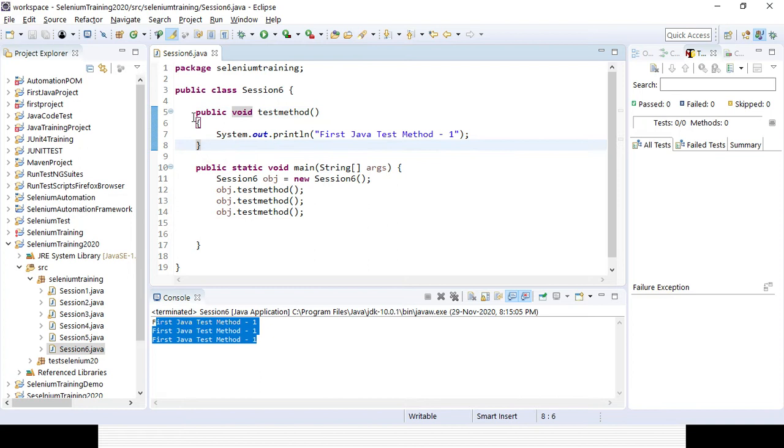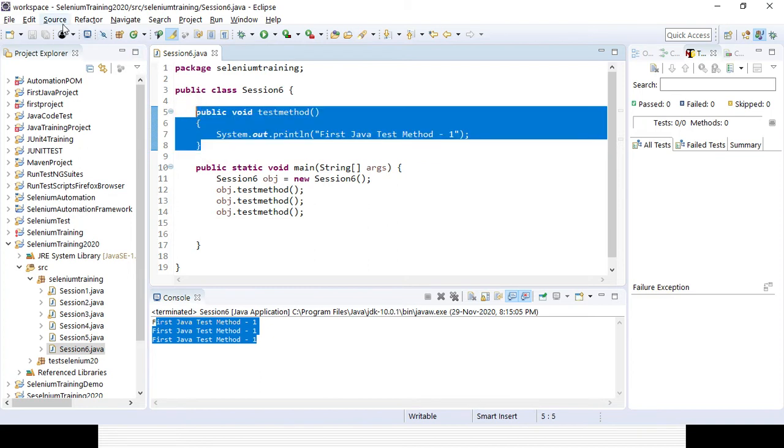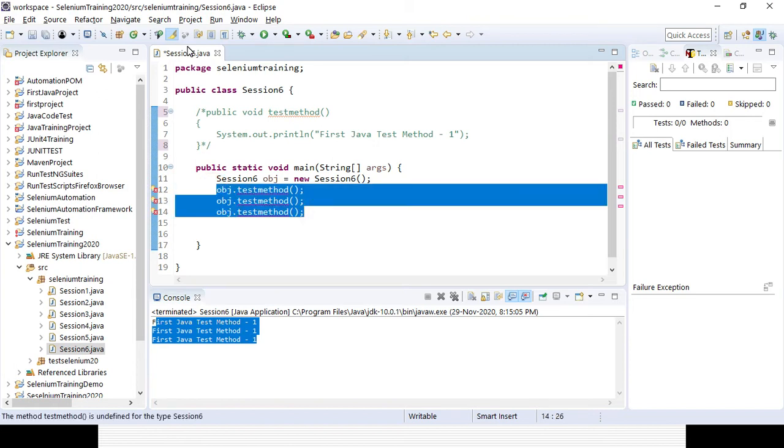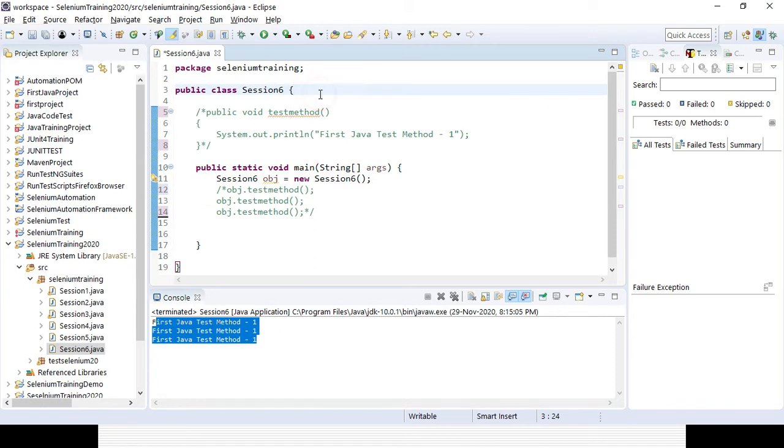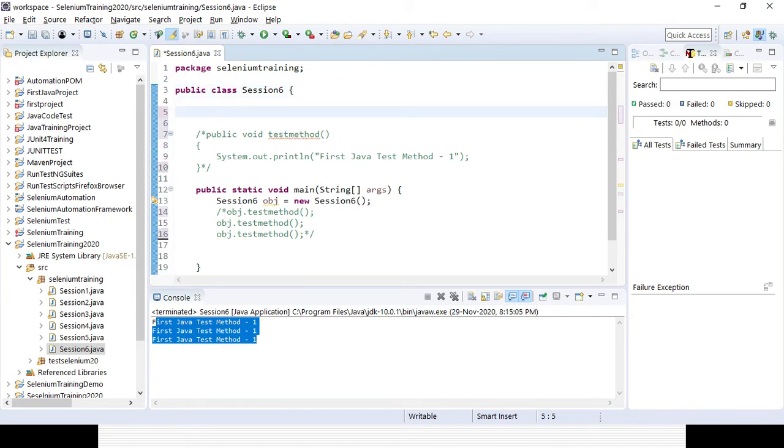Now let's comment out the code, and I will show you how to create a method with a return type. In a similar way, I will use public, the access modifier, then create a method name, say multiply, where I want to multiply 2 or 3 variables.